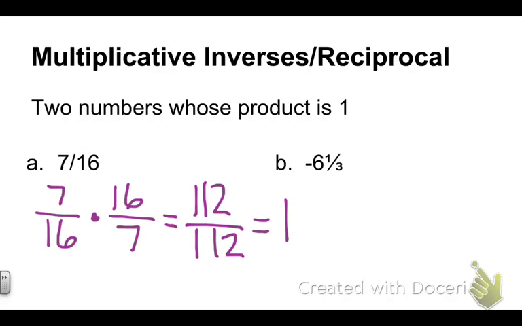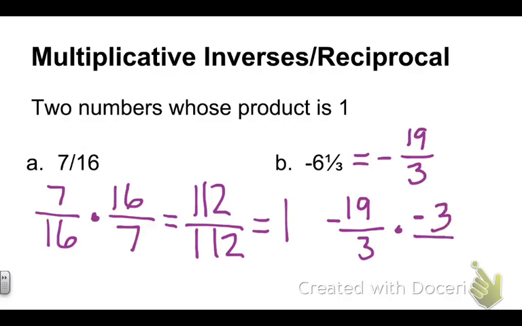You've got to change that to an improper fraction. So if I take 6 times 3, I know it's going to be negative, so 6 times 3 is 18, add it to 1, I've got 19 over 3. So now, what is the inverse of negative 19 over 3? Well, if the product is equal to 1, it's still going to be a negative, because a negative times a negative is a positive, and I'm going to reverse it. I'm going to flip it and have it be